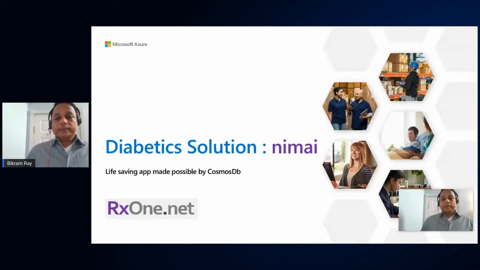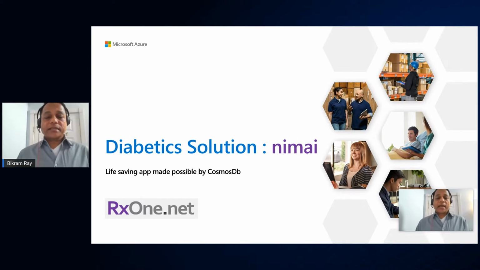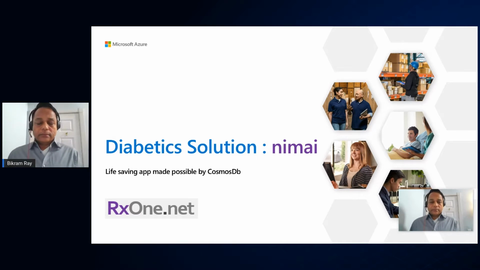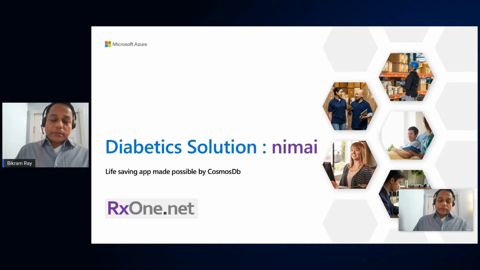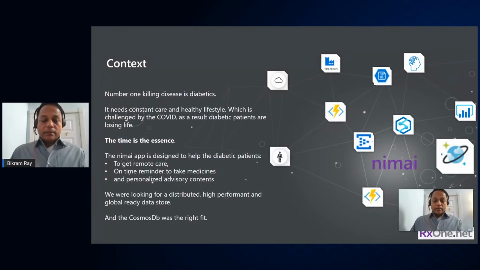Okay, so as Dr. Kanungo said, this is a global problem. And we have to act fast because of COVID. People are not getting treatment and access to healthcare. So those two things drive us, and we were looking for a solution which will be global, fast to develop, and cost effective. So with these three goals we searched, and Cosmos DB was our choice because it gives all those three and more than that. So we went with Cosmos DB.